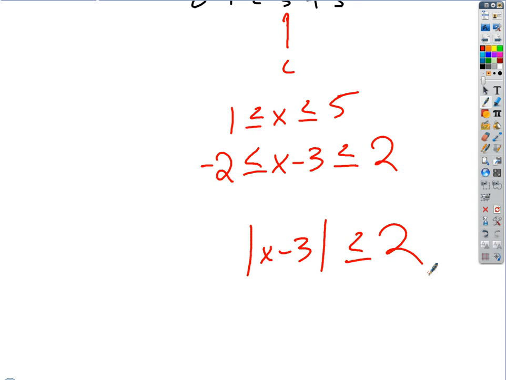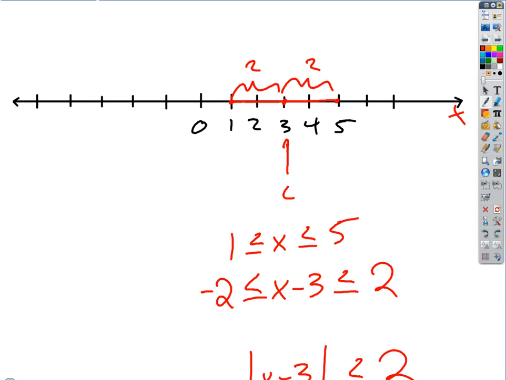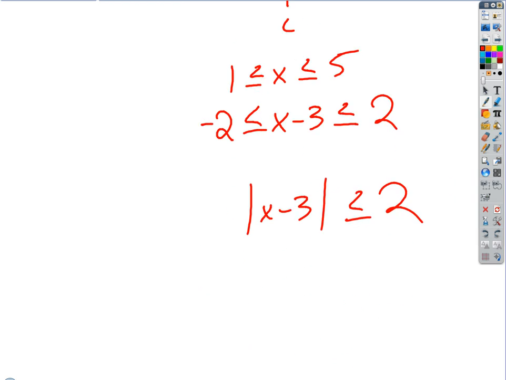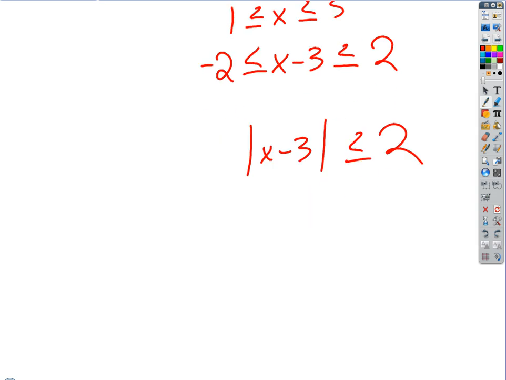Does that make sense? Now that's really what I was trying to get at earlier. Here's another way that we could express that interval. When we write an absolute value this way, isn't this just saying, if you go clear back to probably Algebra 1, this is the set of all numbers where the distance of x from 3 is less than or equal to 2? So really it's just saying all the points on a line that are no more than 2 away from that center point. And in general, if we write an absolute value statement this way,